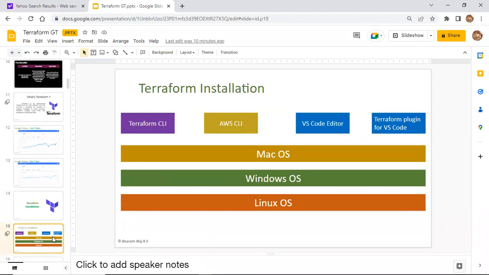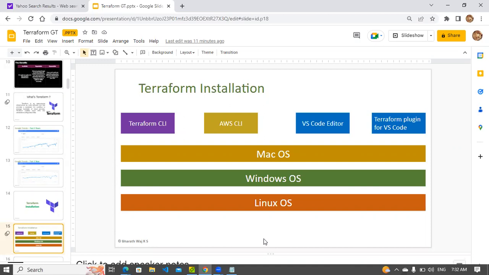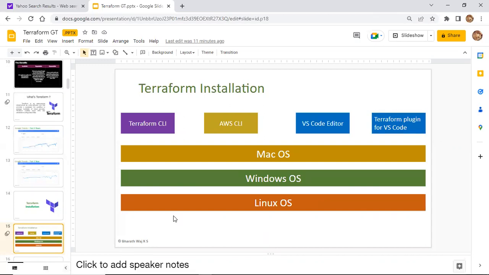So you have already seen Terraform. Have you installed Terraform? No, sir. So you have not yet used Terraform, Nandini. Yeah, sir, I haven't used Terraform. Okay, not an issue. Navjot, you used it. How did you install Terraform?